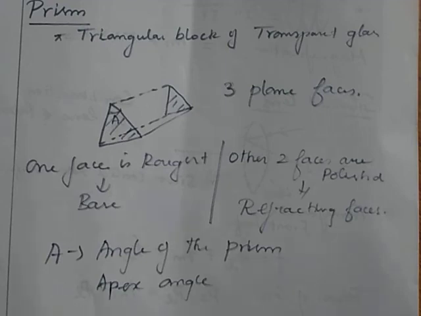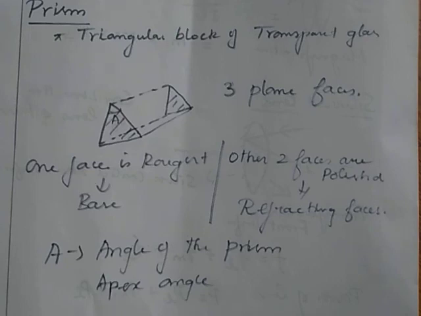In today's class we studied about power of lens. Power of lens is the reciprocal of focal length, and it can also be defined as the deviating ability of the lens. If focal length is less, then power of lens is more. Then we discussed the focal length of lenses in contact: if lenses are in contact, what would be the power, the focal length, and the magnification of the lens.